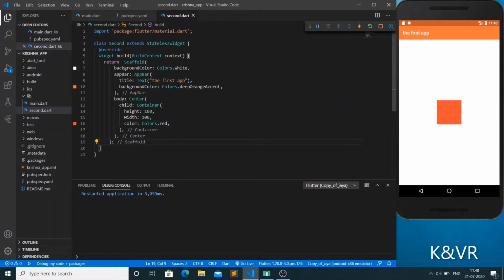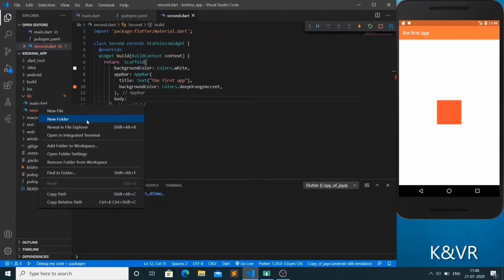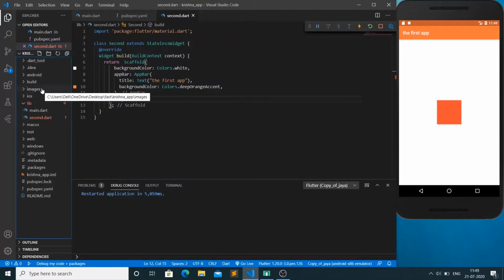And let's see now how to insert an image in your app. Just go here and remove this center and remove the container, remove the center also. You already know how to create a container. Now come here, right click and choose new folder, or else create a new folder named images, or assets, whatever you want, just give a name.